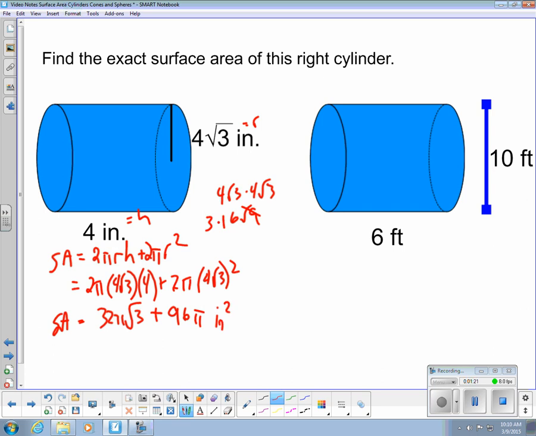All right, pause the video. Work this one. Let me remind you that you need to have all the examples and the ones that you're supposed to work. So pause the video and work this one. Okay, so when you're done with this one, the surface area for this figure should be equal to 110 pi feet squared. If you end up not having all the work there, I'm not going to give you credit for that problem,